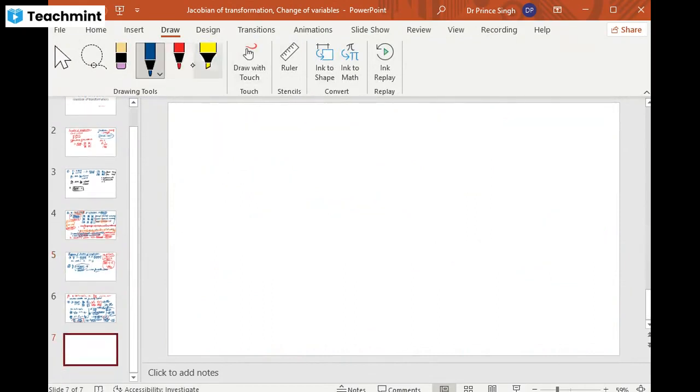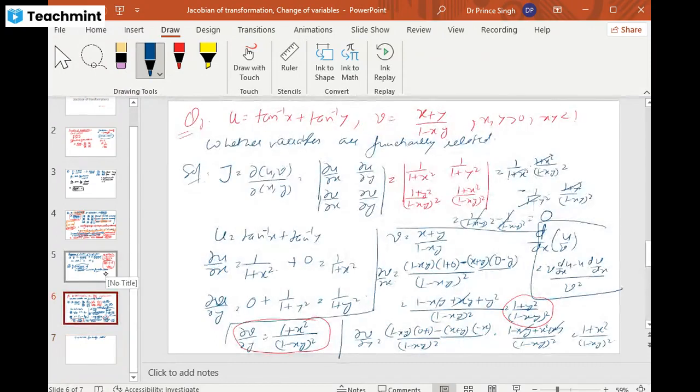So what do we conclude from here? It means that u and v are functionally related, which means they are not independent variables. So this is how we can prove it with the help of the Jacobian, but